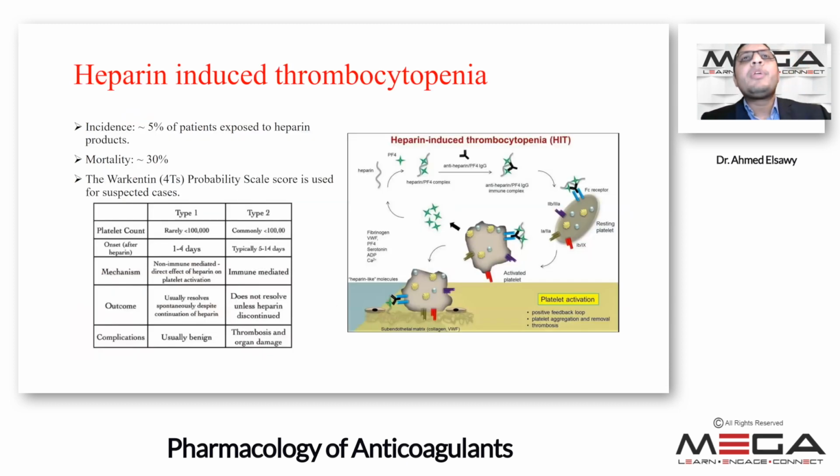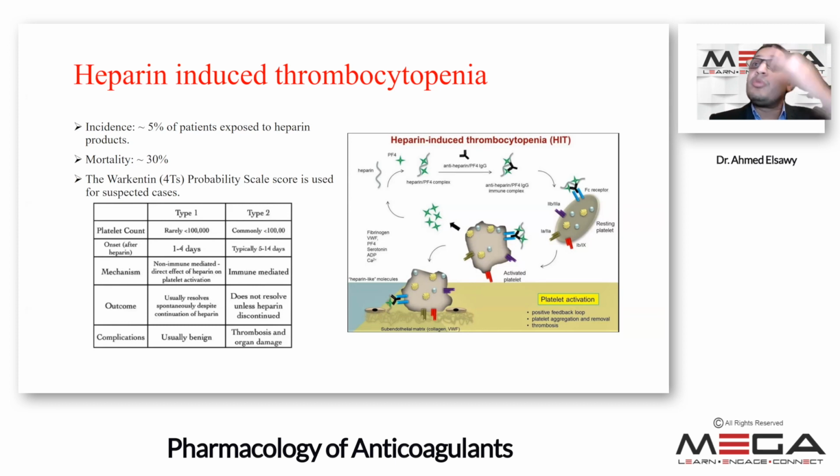Heparin-induced thrombocytopenia is one of the complications that could happen from using heparins and low molecular weight heparins in the intensive care units. It occurs in about 5% of patients who were exposed to heparin, but it carries a mortality of 30%. It could cause widespread thrombosis and consumption of platelets. The mechanism of HIT is immune, or type 2, because we have two types. Type 2,